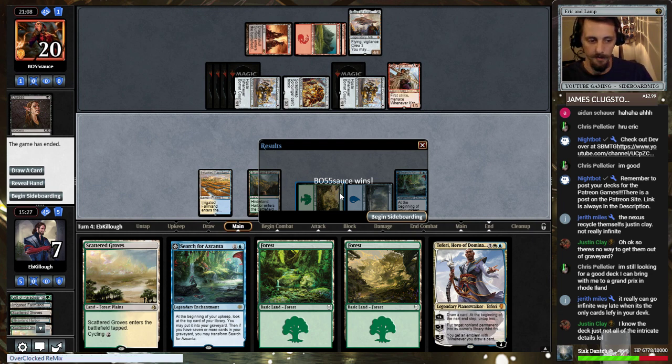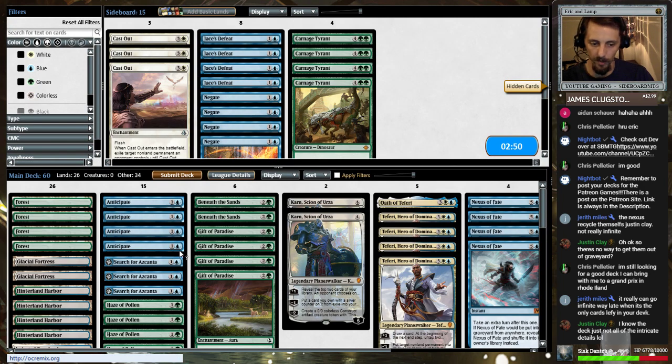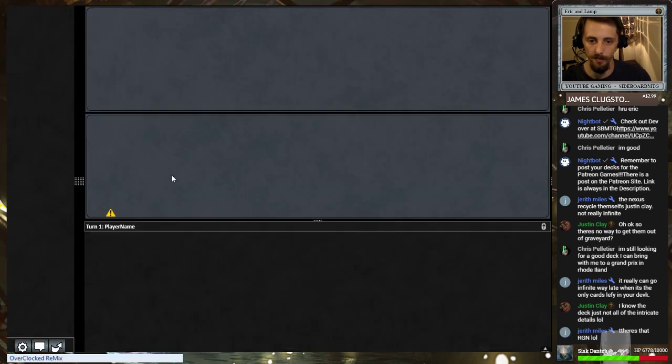Oh, yes. That's how it works. That is exactly how it works. No fog effect. No fog effect. We automatically die. So that's the plan, though. We just got to hit fog after fog, so...